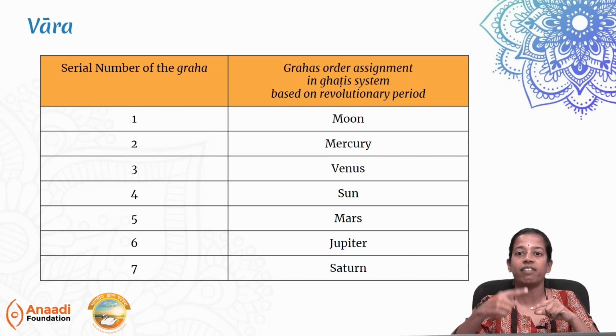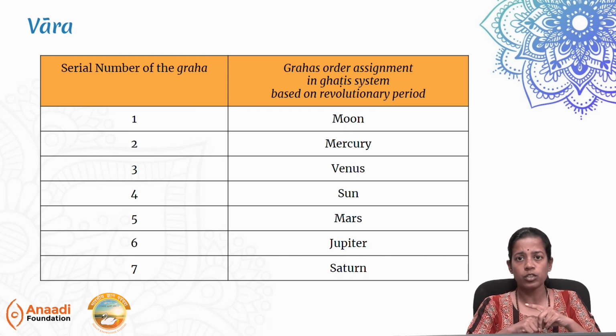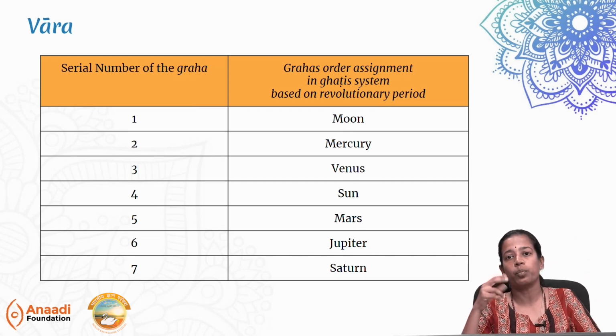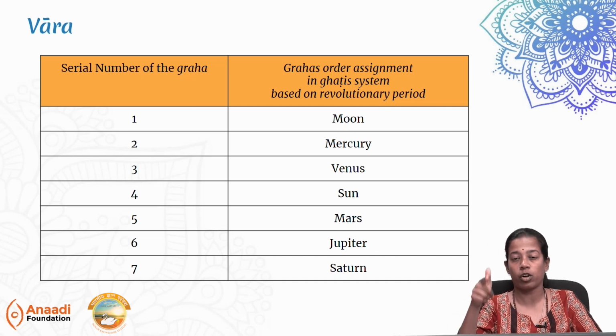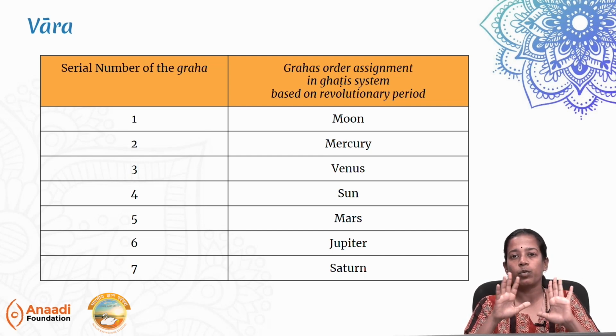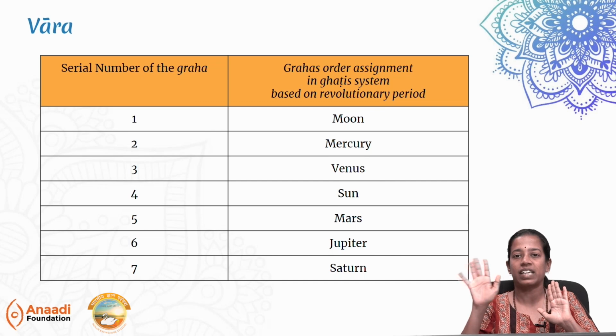For that, we will traverse through the Gati system. So, then we will assign the second Gati of the Monday to Mercury. Third set of 24 minutes will be assigned to Venus. And so, it goes on and on in this particular order of revolutionary periodicity. Then what happens? When we keep on going like this, 7 8s are 56. We would be able to assign 56 Gatis comfortably in this order.